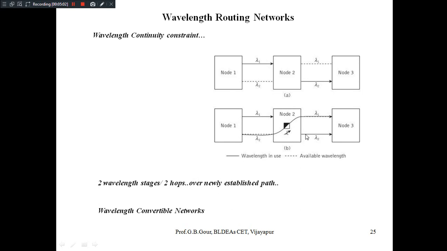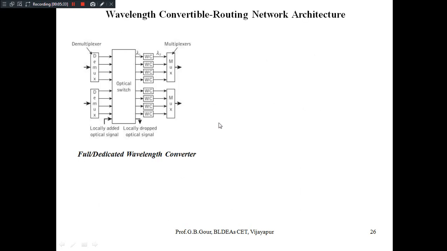So over this newly established path, that's why it is known as a wavelength convertible network with two hops, because the wavelength is converted here from lambda 2 to lambda 1. This is the first concept I want you to remember. You should know what is meant by wavelength convertible networks, and by single hop and multiple hop wavelength convertible networks. In the next slide we can see what different network structures are available or supporting the implementation of wavelength convertible networks.